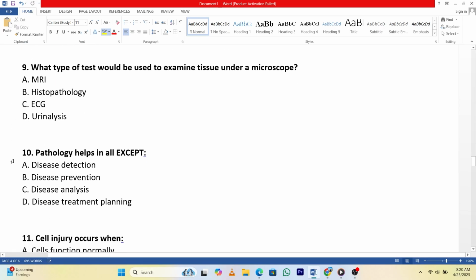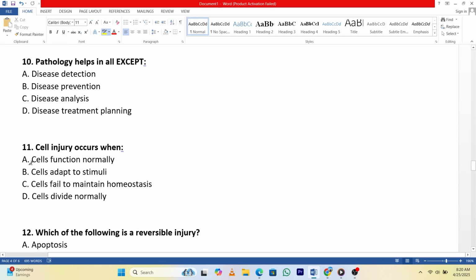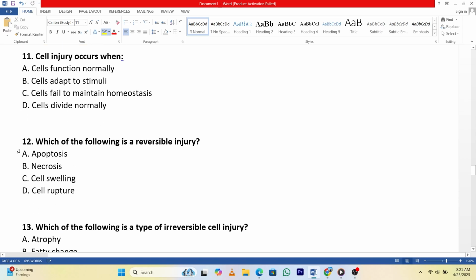9. What type of test would be used to examine tissue under a microscope? A. MRI. B. Histopathology. C. ECG. D. Urinalysis. Answer: B. 10. Pathology helps in all except A. Disease detection. B. Disease prevention. C. Disease analysis. D. Disease treatment planning. Answer: B. 11. Cell injury occurs when